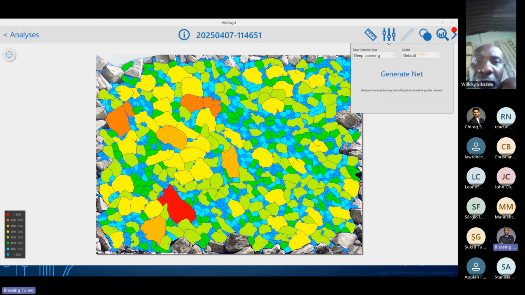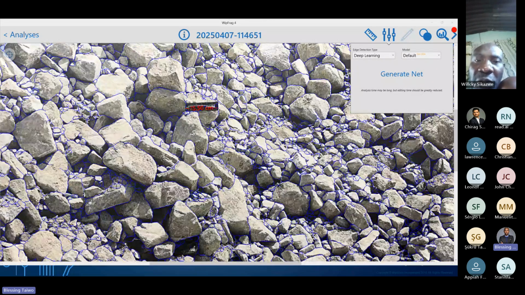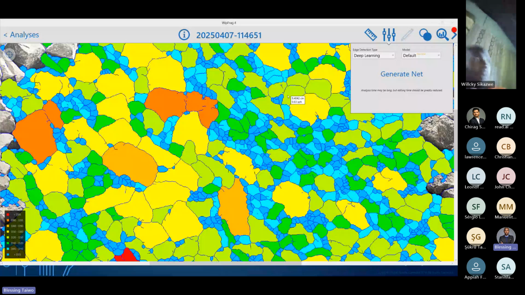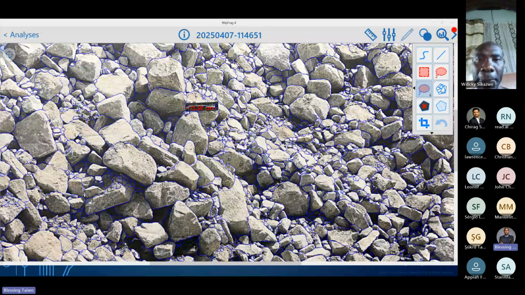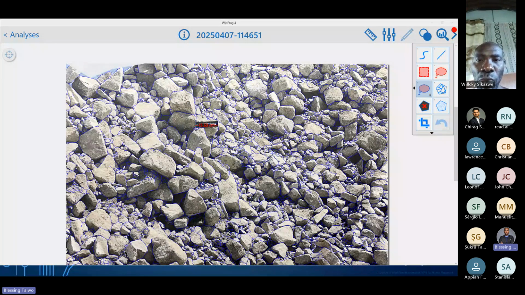You can see the particles have been cleaned up, and all those errors that we had earlier in the previous algorithm have been corrected. Then, if you still need to do some editing, as I've said, using artificial intelligence to detect the edges of the particle will not deny the users the right to still do manual editing. AI is good, but sometimes AI might not be able to get the perfect edges of the particle. Then you can use the manual editing again to cross check what is going on. Is it okay? Do I need to do any editing?